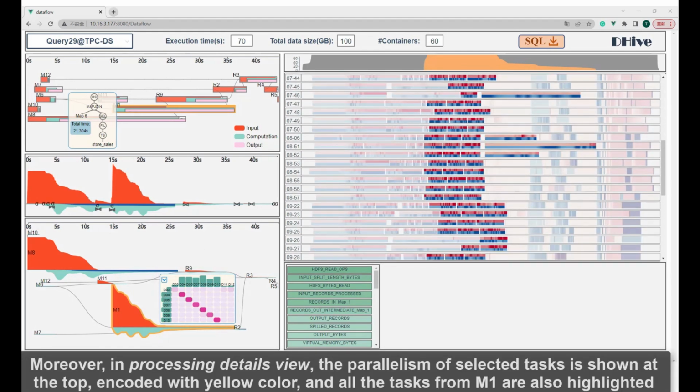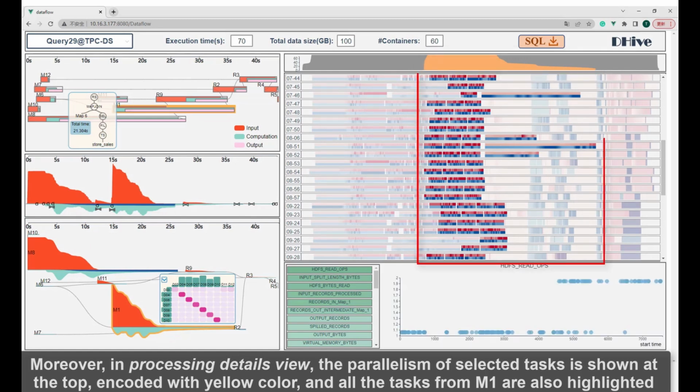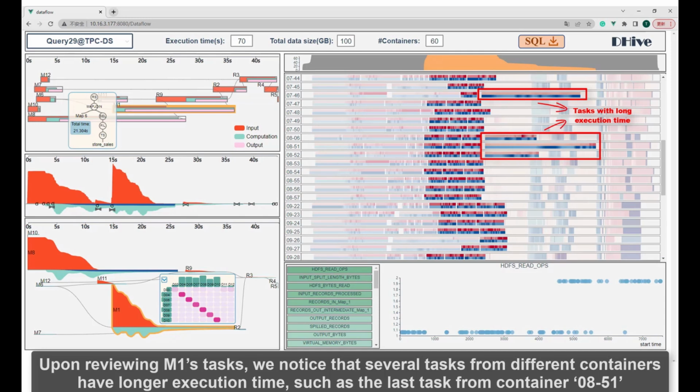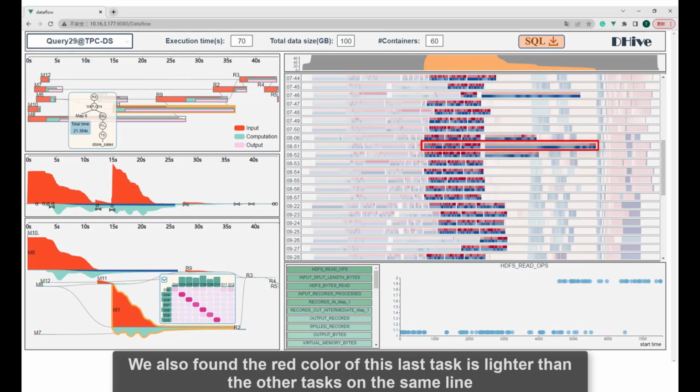Moreover, in Processing Details View, the parallelism of selected tasks is shown at the top, encoded with yellow color, and all the tasks from M1 are also highlighted. Counter information of M1, ordered by the degree of values dispersion, is presented at the bottom. Upon reviewing M1's tasks, we notice that several tasks from different containers have longer execution time, such as the last task from container 0851. We also found the red color of this last task is lighter than the other tasks